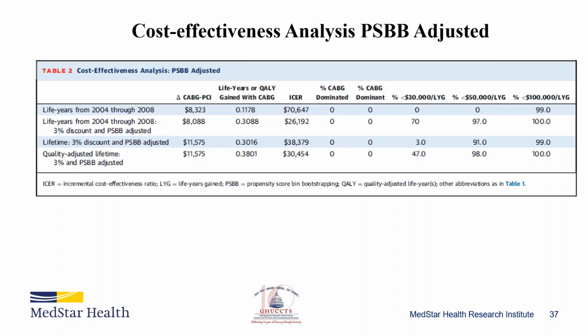And then we usually look at the percent of bootstrap replicates that are, let's say, less than 30,000, less than 50,000, or less than 100,000. These can vary depending on what you want to do. So what this means is that